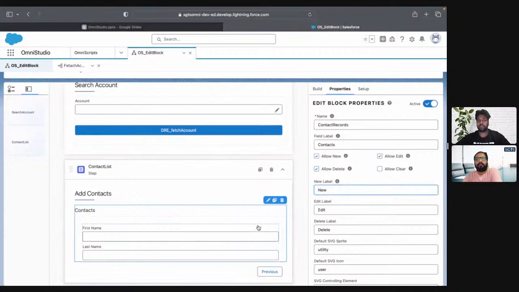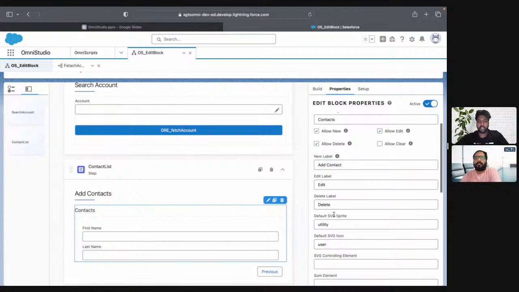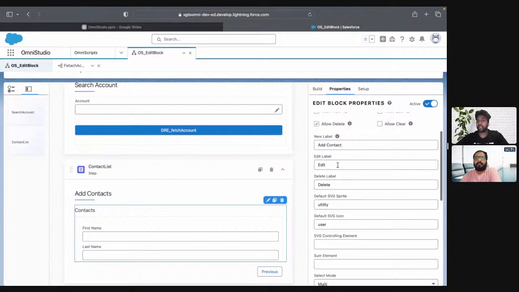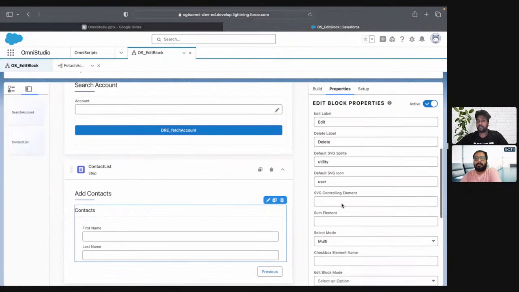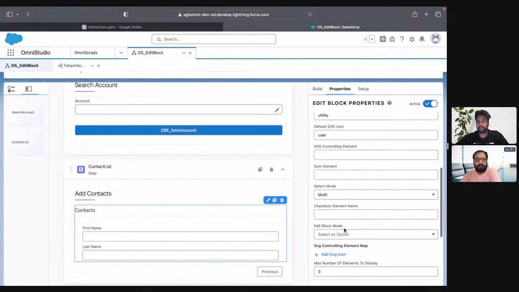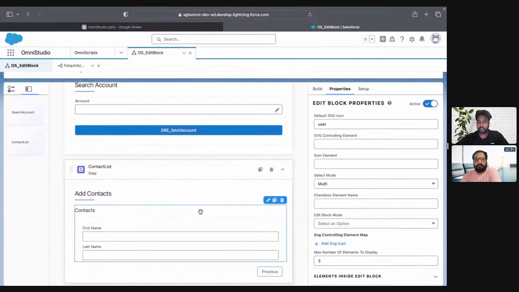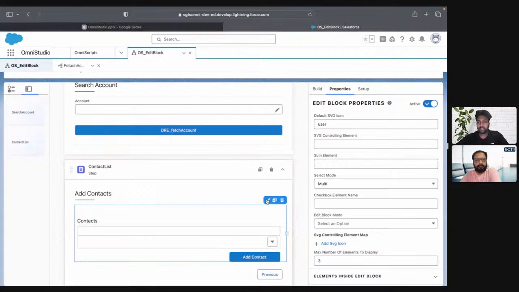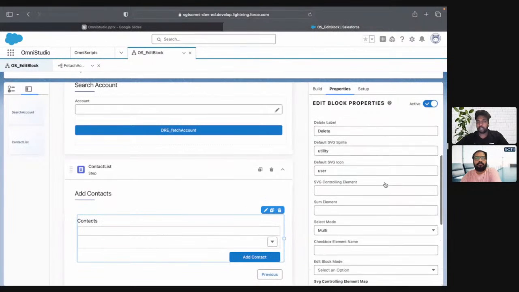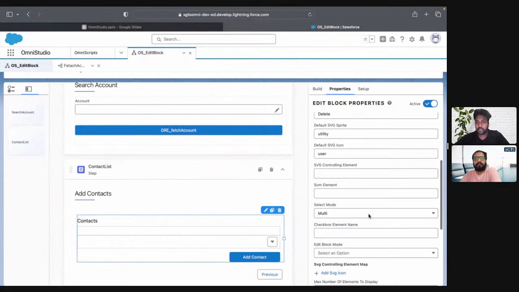And if you want to update the button, which when you click on it, the modal box gets opened, you can edit the label as well. So I'm going to call it add contact. Right? And the delete label also you can edit. Okay, let me go. If I click on this one and then,